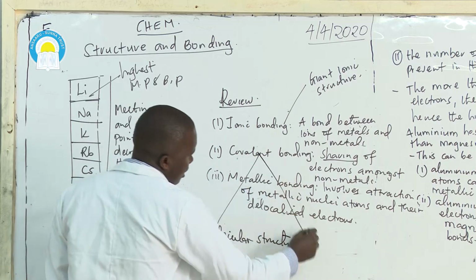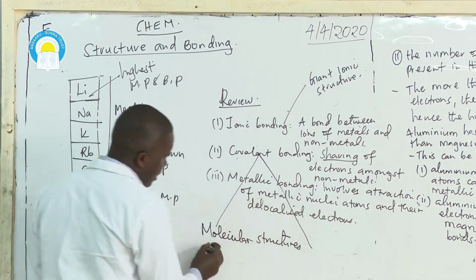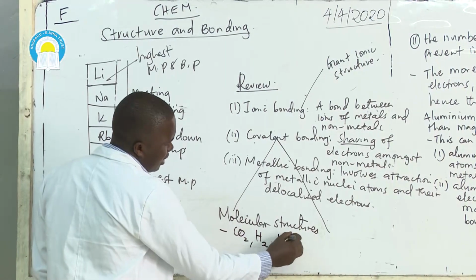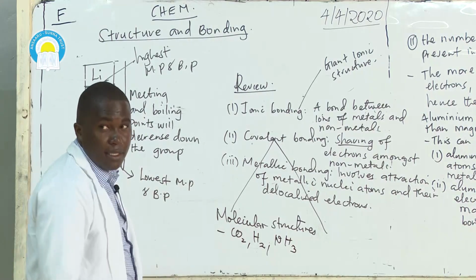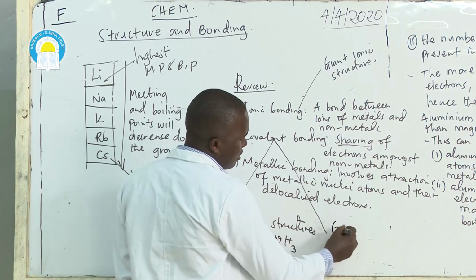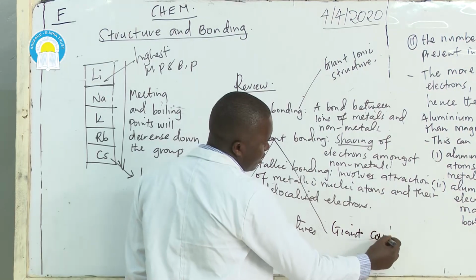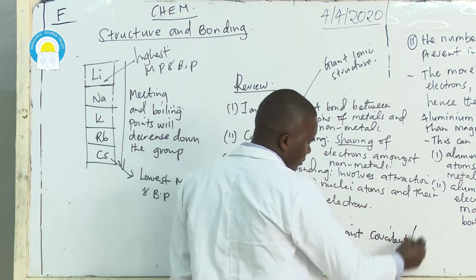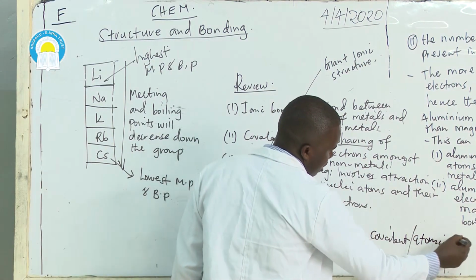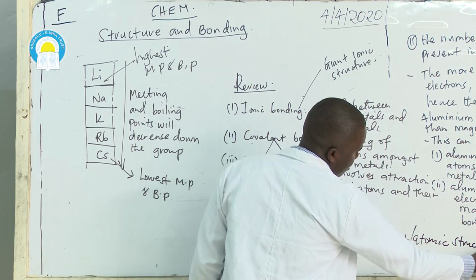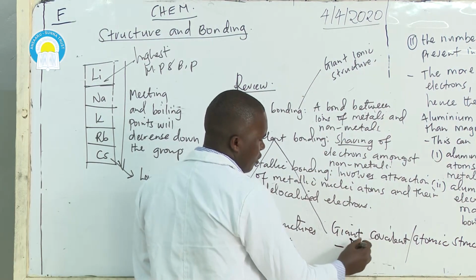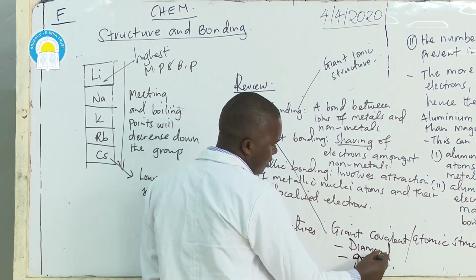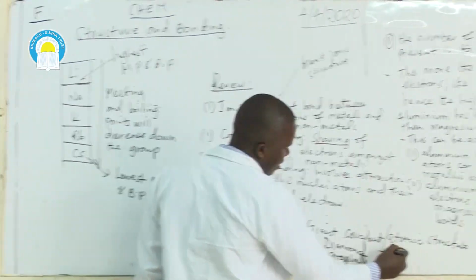This one you said is seen in things like CO2, hydrogen, ammonia, water, etc. Then we also have the giant covalent, which I also call giant atomic structures. This one is present in diamond, and we looked into that. Graphite, silicon